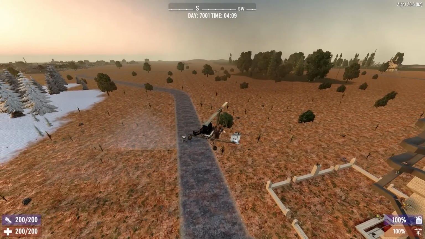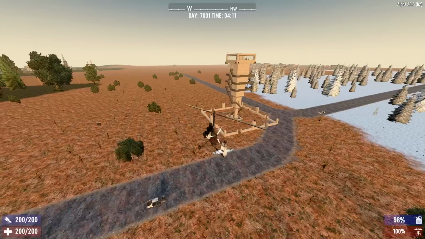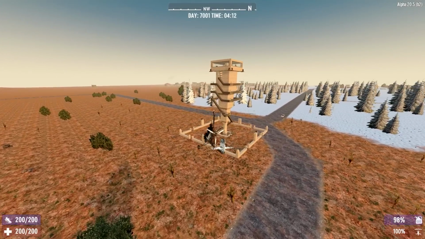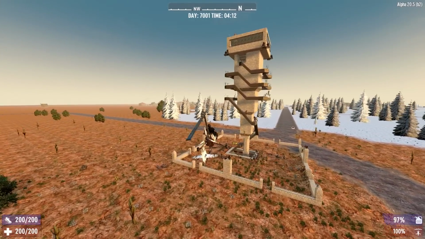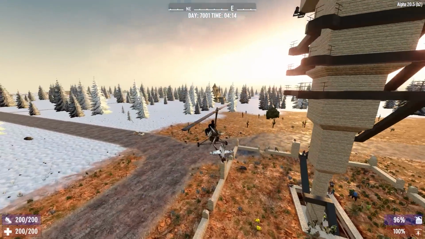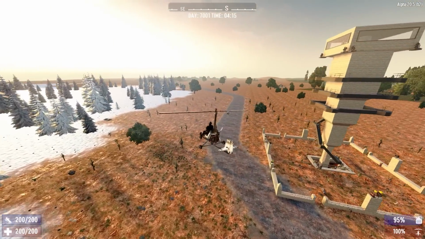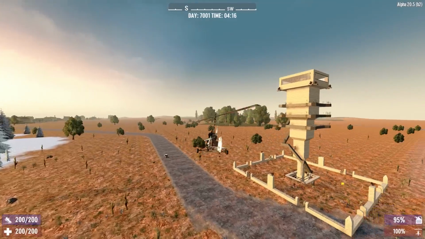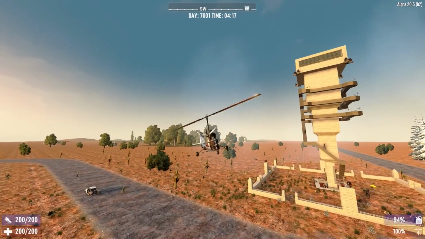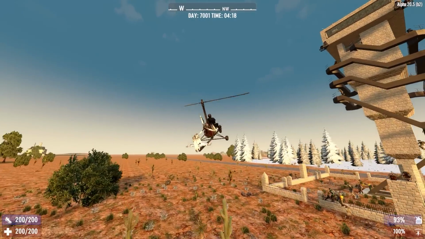If we circle back around, assuming I don't plant this thing in the dirt, you should see all the zombies jumping off the ramp. There they go, and trying to come get us. You can see that they just generally go a little bit crazy. But they will be jumping off and therefore not doing any damage to our base, which is kind of the